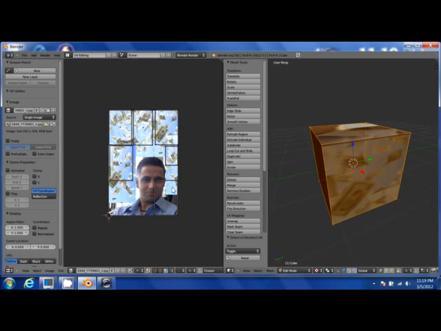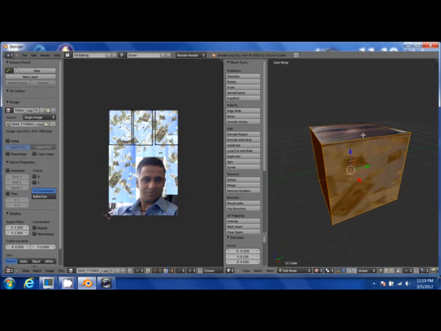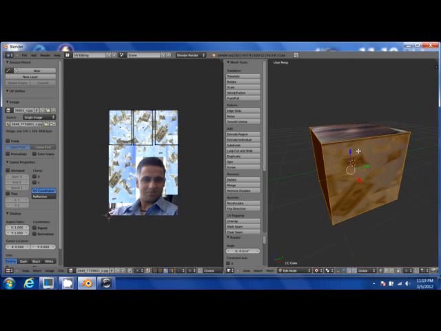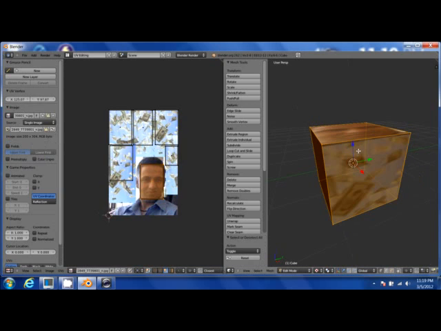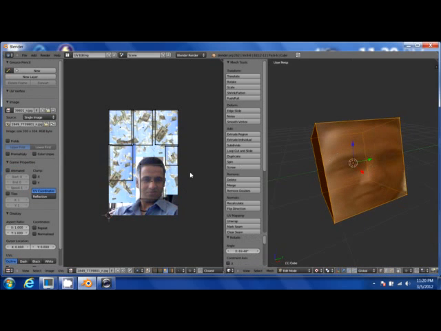This face will go, take it this way. We will click on this, rotate in Z, in Y direction, no, Control G, select it, and first we'll deselect this, rotate in Y direction. Now you can see the face is visible, but still we want to make it appear better, so